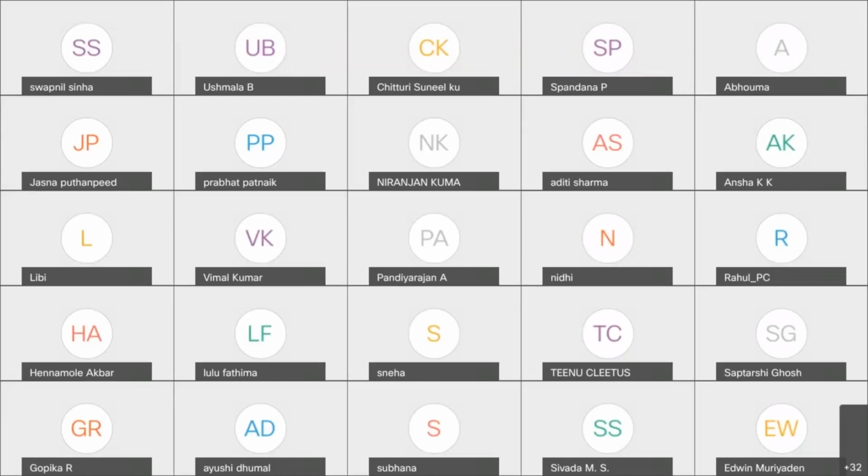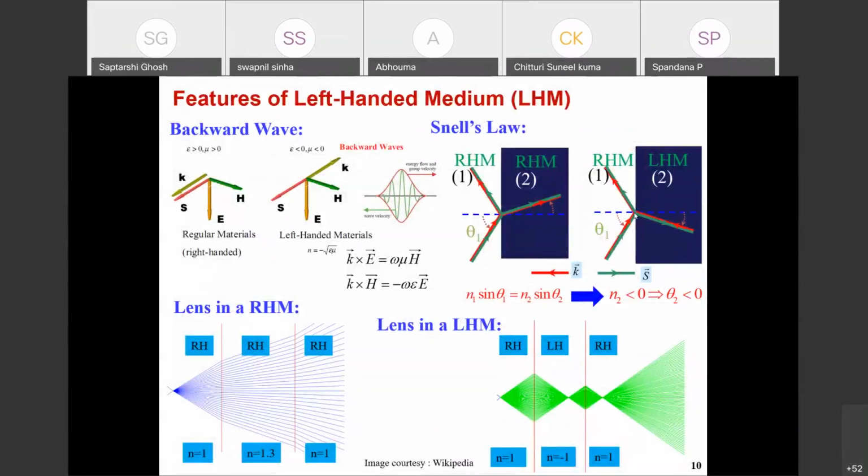Then your theta 2 will be less than 0. You can consider this is also there. Like in the case of the right-handed medium, a lens application can be done, but particularly you can consider there is a convergent source, and the electromagnetic wave signal can be propagated in different types of right-handed medium, but there will be no option to further convert the signal. But with the left-handed medium, if you use it in a lens, you can find that by using a left-handed medium in between two right-handed media, we can make a lens, a perfect lens,